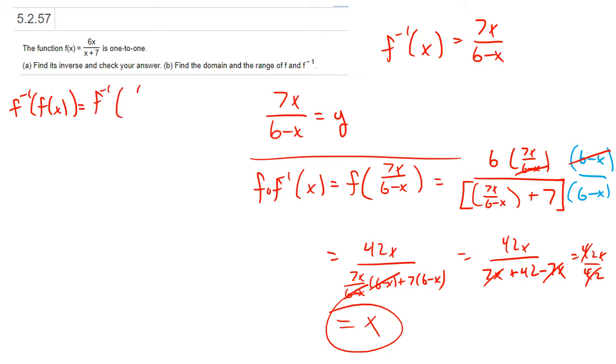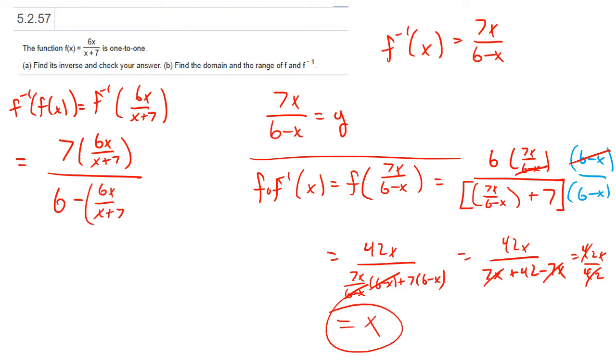Well, f of x was 6x over x plus 7. What does f inverse do? Looking in the upper right, it says take your input and multiply it by 7, then divide by 6 minus your input. And similarly, this looks bad because there are fractions within fractions. So I'll multiply by x plus 7 over x plus 7,